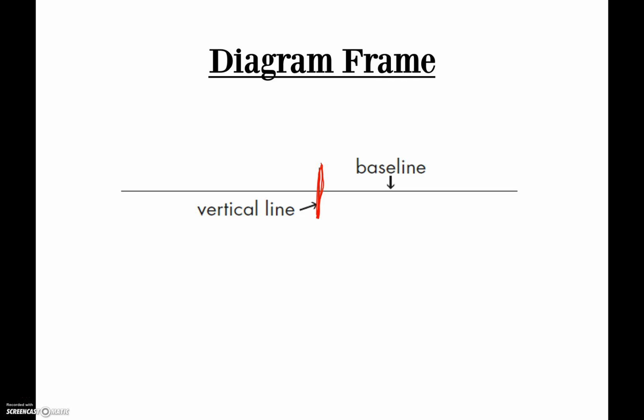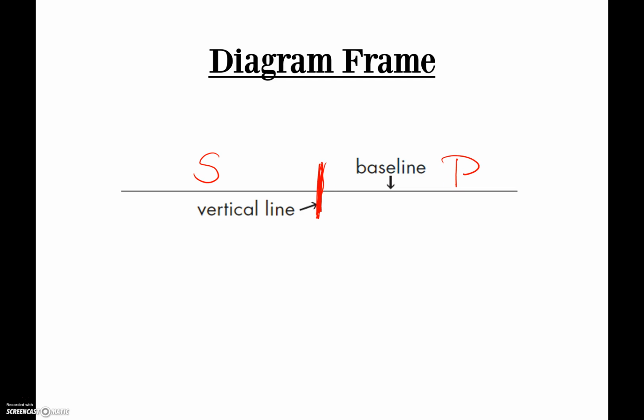Every sentence has two parts, a subject and a predicate. The subject tells what the sentence is about. The predicate says something about the subject. It's where the verb goes. A diagram shows the words in the subject of a sentence on the left side, so the subject is going on the left side of the vertical line, and the predicate is going to be placed on the right side of that